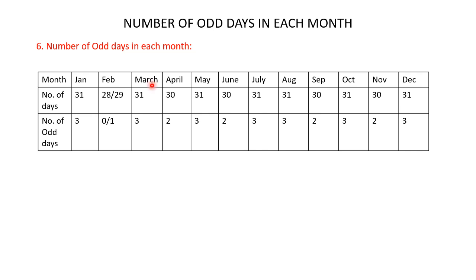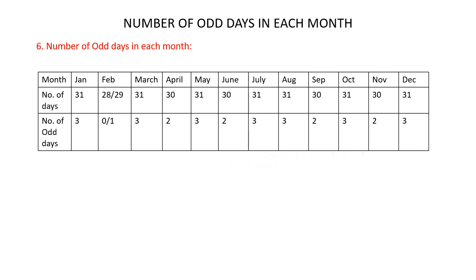March has 31 days. 31 divided by 7 gives 3 as the remainder, which means March has 3 odd days. April has 30 days. 30 divided by 7 gives 2 as the remainder, which means April has 2 odd days, and so on for the other months. Now, as you can see from this table,